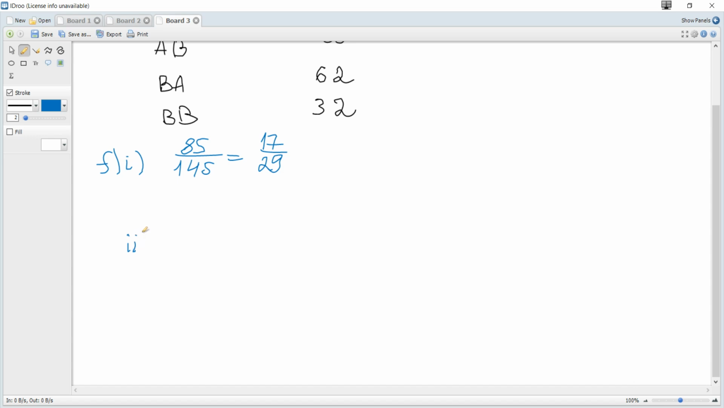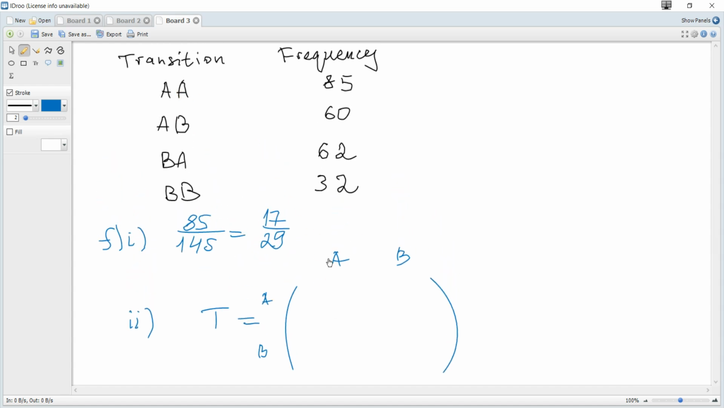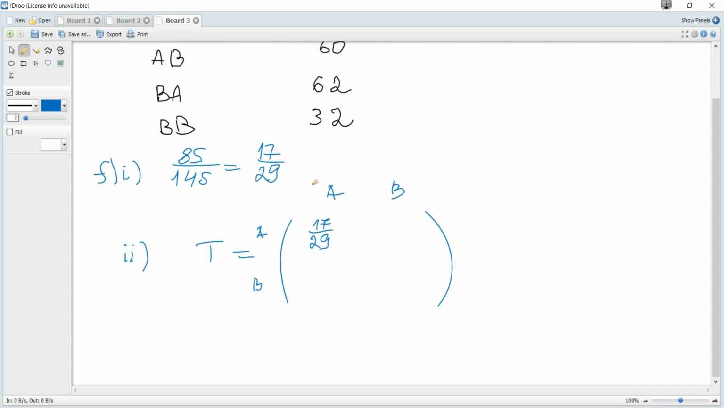So the transition matrix becomes, and you remember that you should read it as from to. It's not necessary to write AB. So from A to A, it's our 17/29, and you remember that each column adds up to 1. It's total probability, which is 1, so this can be found as 1 minus 17/29, which is